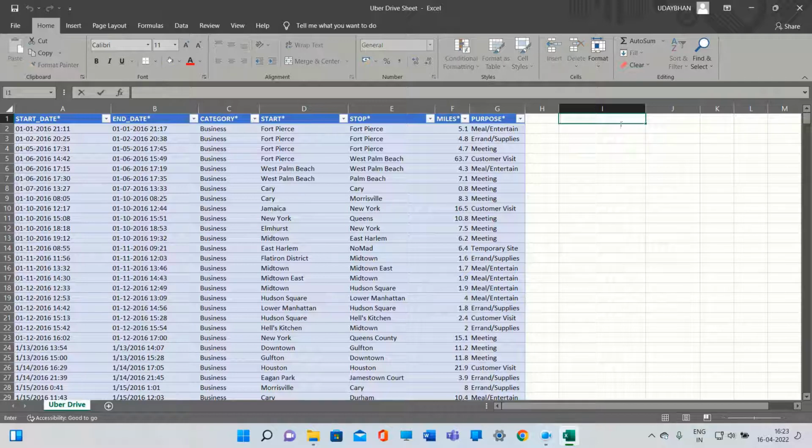So for this, what I did, I just created a table. I created a column and I will name it route, R-O-U-T-E. So it's route here, and then we will add the start destination and stop destinations. To add the start and stop destinations, what we have to do,